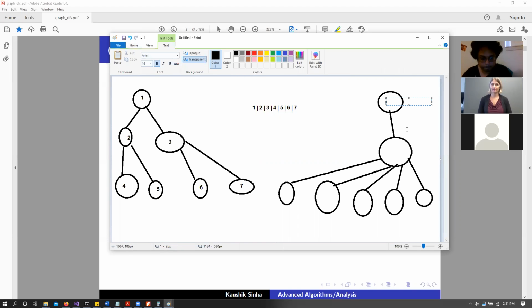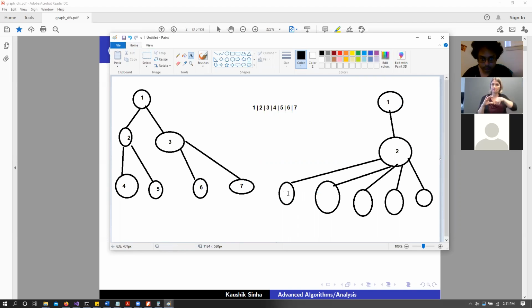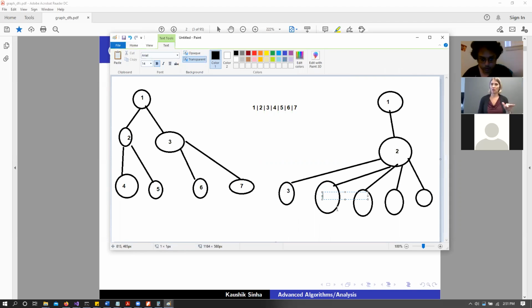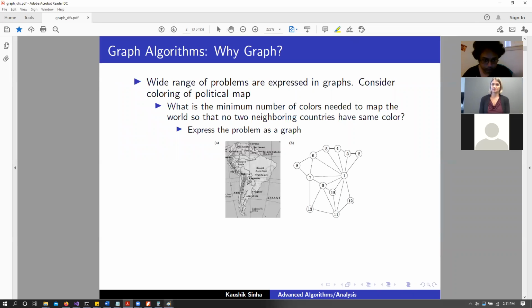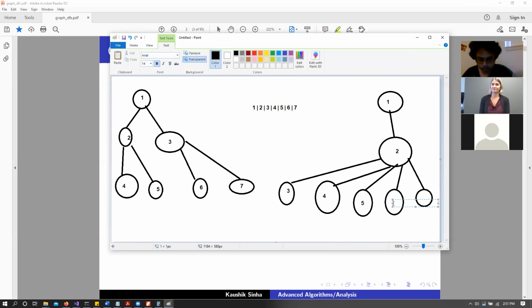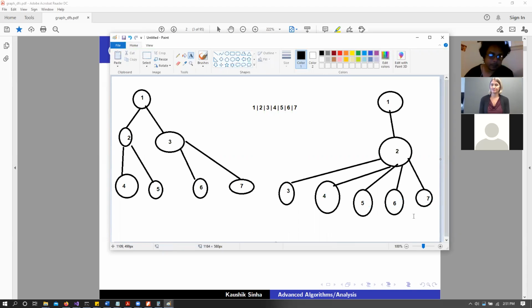Where this is 1, this is 2, this is 3, this is 4, this is 5, and so on, right? 6, 7. So if we are again representing the same thing using the same formula, then the first node goes first, so we have 1, then all the children go next, so we have 2, then all the children for 2 go next, so we have 3, 4, 5, 6, and 7.